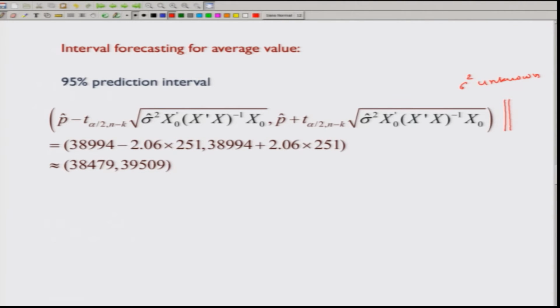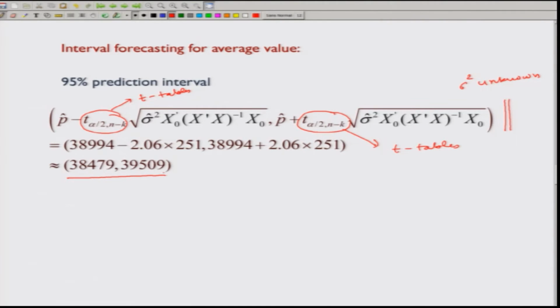Now, in this expression, I substitute all these values, where the values of t alpha by 2, n minus k, are obtained from the t tables, and this is also obtained from the t tables. Okay. Now, once I do it here, the prediction interval turns out to be like this,